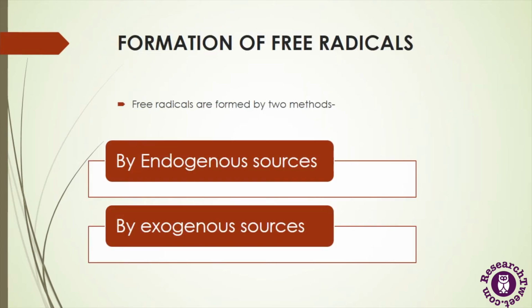Now let's understand the formation of free radicals. Basically there are 2 major sources for the formation of free radicals, endogenous sources and exogenous sources. In the case of endogenous sources, free radicals are formed in our body by cellular processes like oxidative phosphorylation, and there are several enzymes which are also responsible for the production of these free radicals in our body. And besides this, there are also many exogenous sources which produce free radicals, like radiation, ultraviolet rays, and many other lifestyle factors which enhance free radical production in our body.